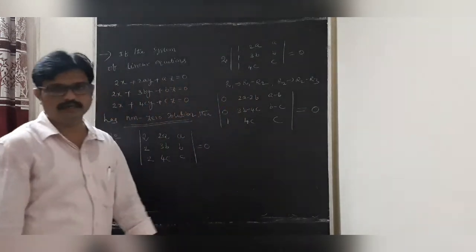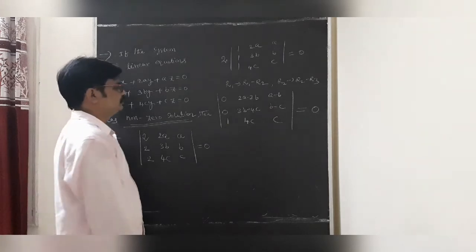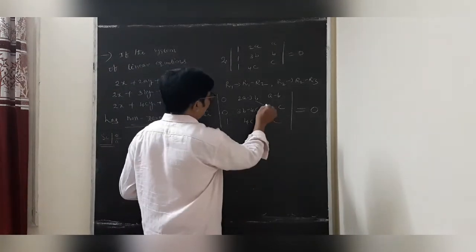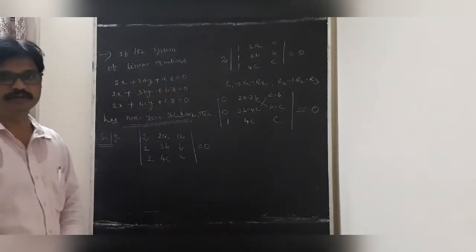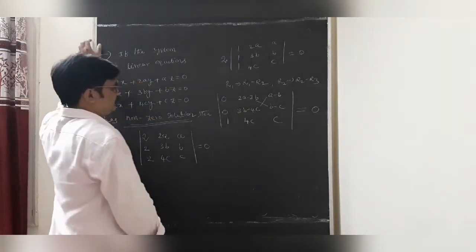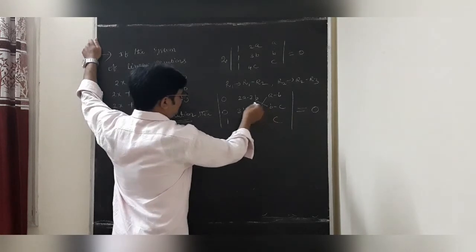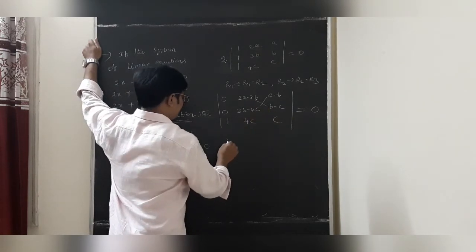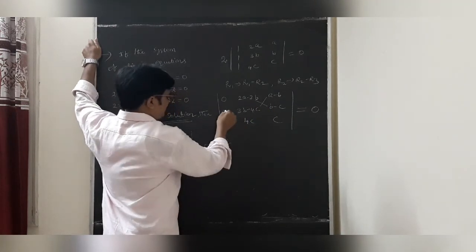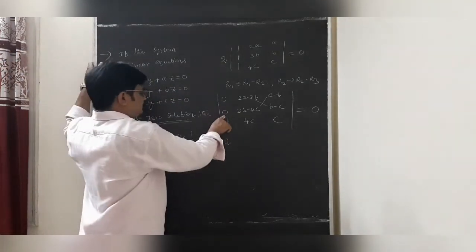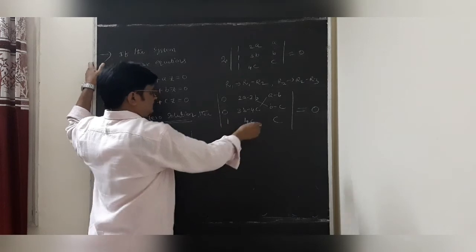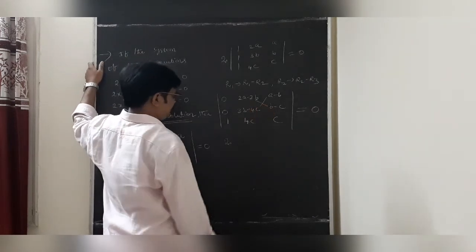Students, when the determinant is 0, just observe: AD minus BC, 0 minus 0, 1 into AD minus BC will be 0. Now, dear students, when two elements are 0 in a row or a column, we expand with 0 into minus 0 into 1. First you have to multiply with B.